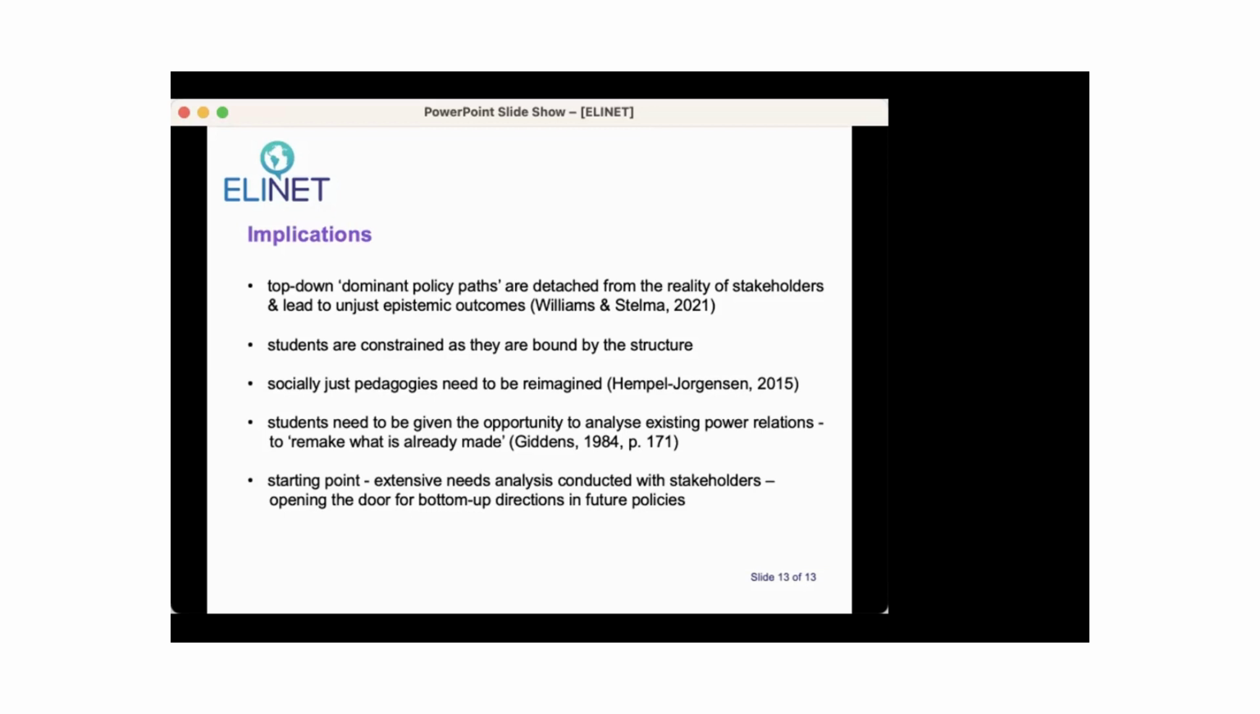So therefore, policymakers need to implement measures that maximize opportunities for students and other stakeholders to co-imagine socially just pedagogies within their structured ecologies. And students need to be given the opportunity to analyze existing power relations, which may help transform the dominant policy paths. And this opportunity would enable them to expose the constraints of the current system and play a role in remaking